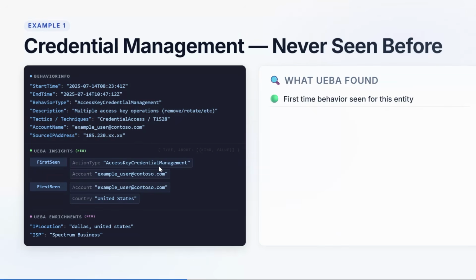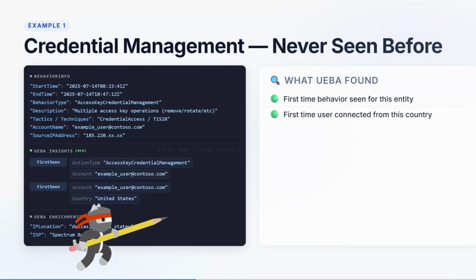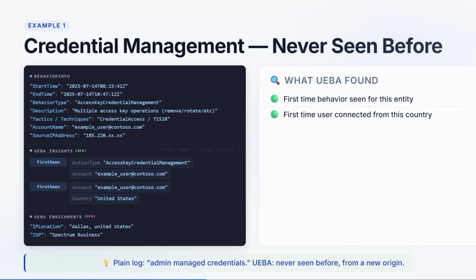In other words, it's the first time that the behavior was seen for this entity. And the second one is first seen for the account in the country. In other words, it's the first time that the user is connecting from the United States. So instead of just saying that we have admin managed credentials, we can now say that no, it's never been seen before, and it's coming from a new origin, so it could be suspicious.